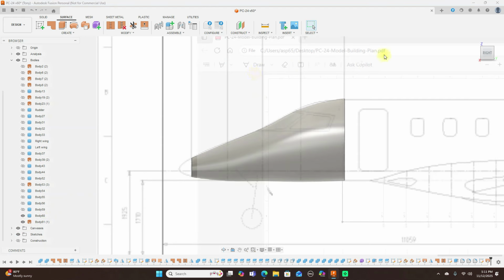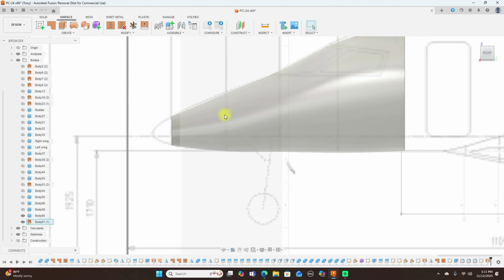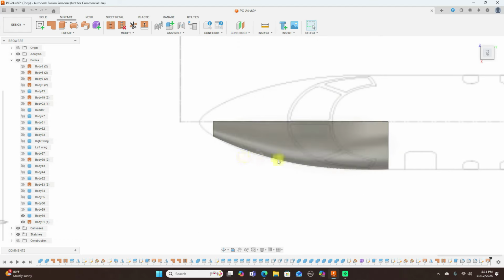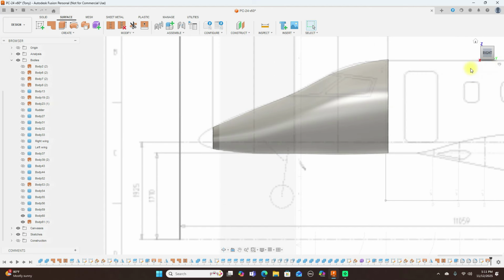Turn the canvases back on. And we can see some spots don't line up. The side looks pretty good. So, what we're going to have to do here is bring this up a little more,